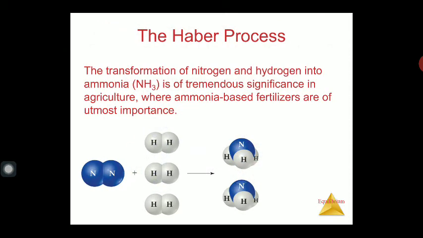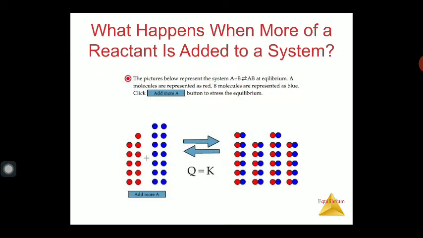If the value of the equilibrium constant K is not equal to Q, or you can say if the value of Q is greater than K, it means the reaction is moving in the forward direction. If the value of this concentration quotient, or reaction quotient, is smaller than K, it means the reaction is moving in the backward direction. So the reaction quotient is a simple way to find out the direction mathematically.